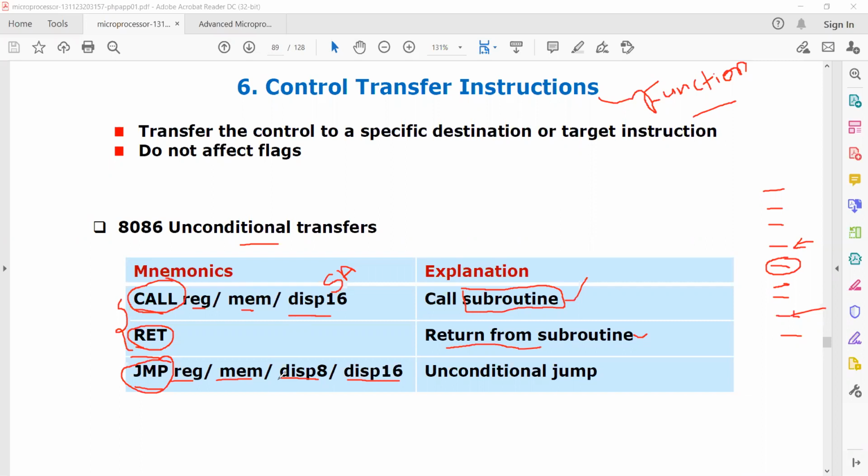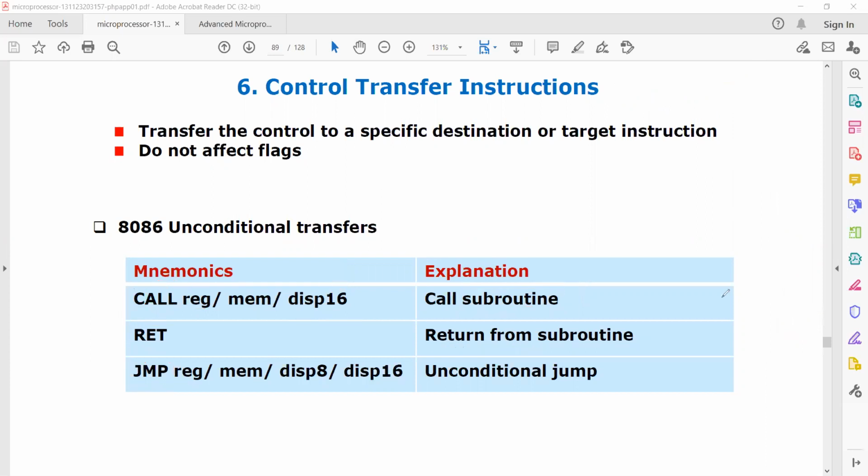So if the zero flag is zero, we have to jump to a particular location, or else if the carry flag is 1, jump to a particular location. If the parity flag is 1, jump to a particular location. That kind of conditions we will be putting. Such type of instructions are called conditional transfer instructions. Let us now look into them. What are those conditional transfers?